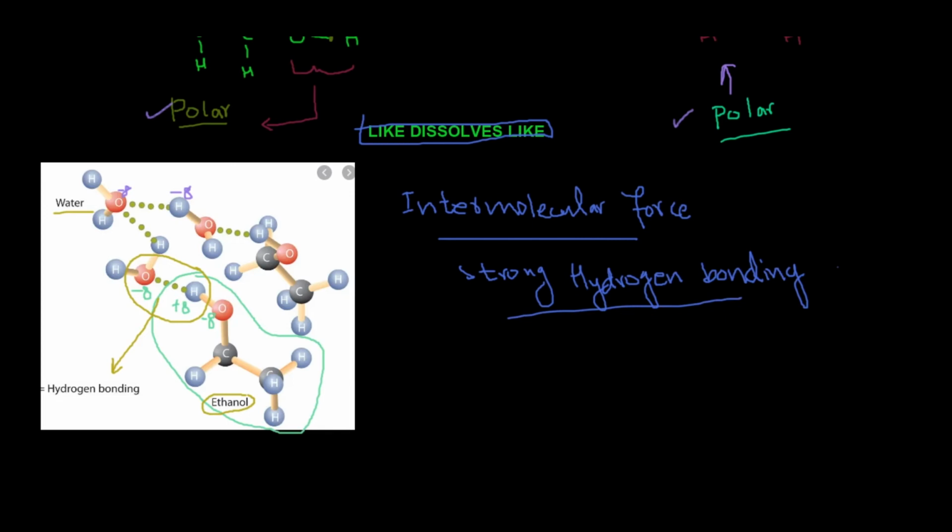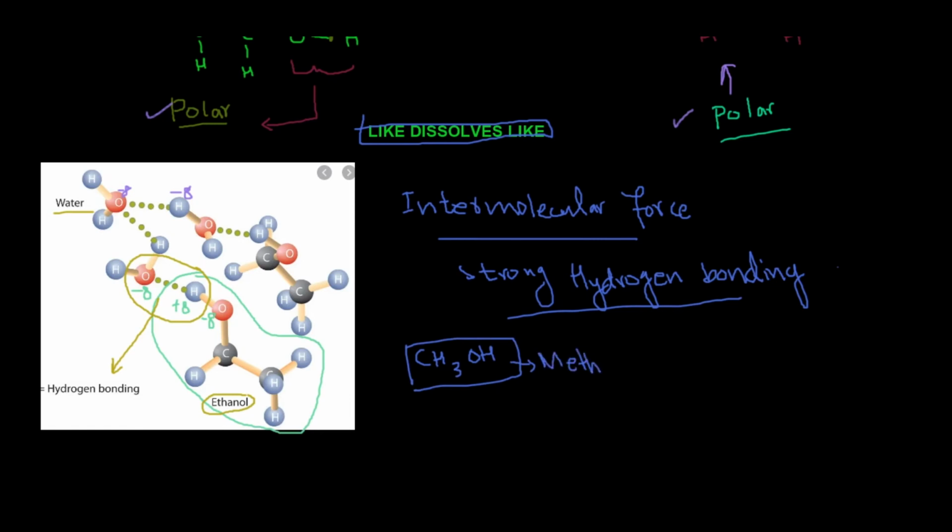This means that water and methanol molecules have similar structures and intermolecular forces. They can form hydrogen bonds with each other. Thus methanol and water are miscible, they are soluble in each other. Now the same is the case with methanol. Methanol is having the formula CH3OH. This is methanol.